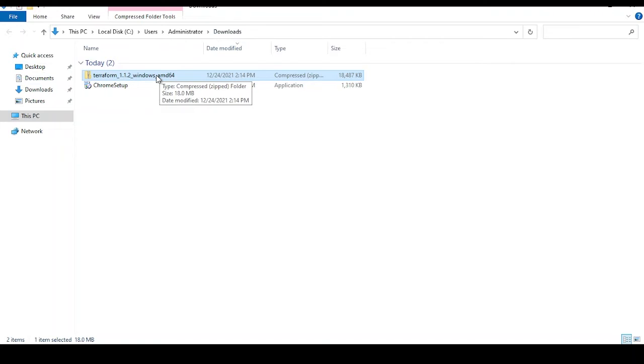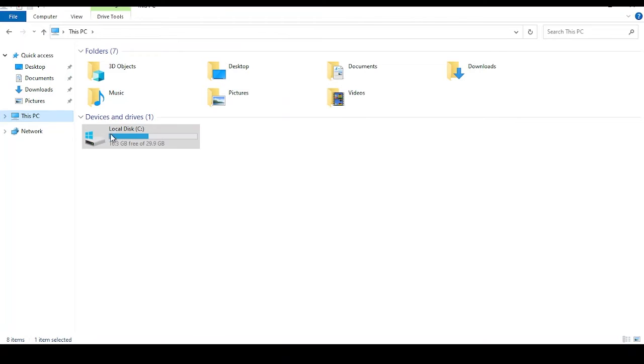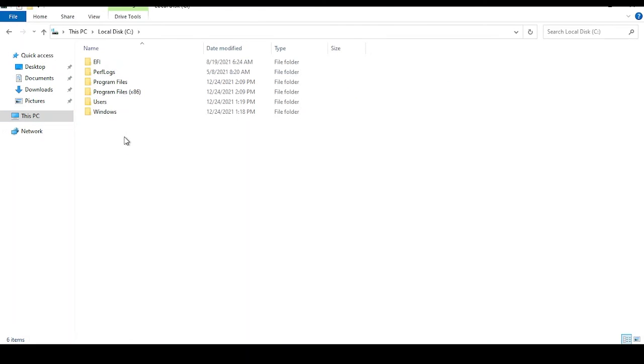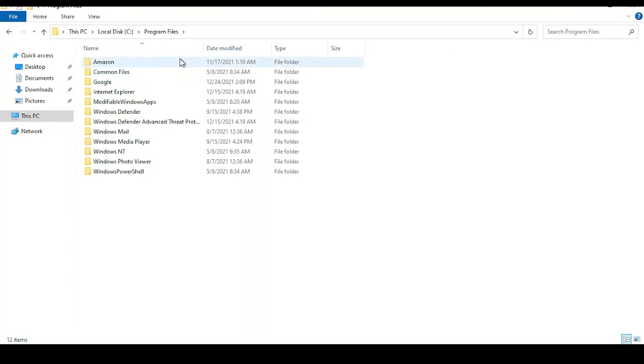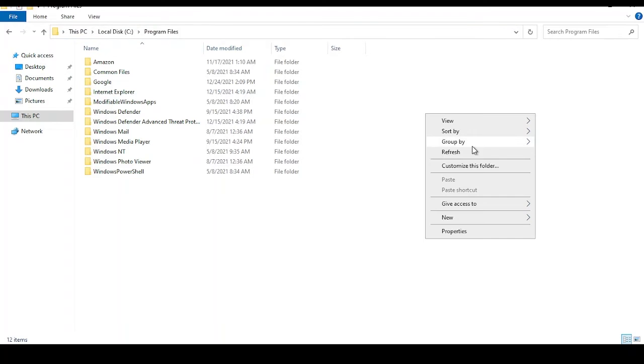Before going to unzip guys, you go to your PC, go to your C drive, and go to program file and create one folder called Terraform. So now guys, you have downloaded the Terraform.